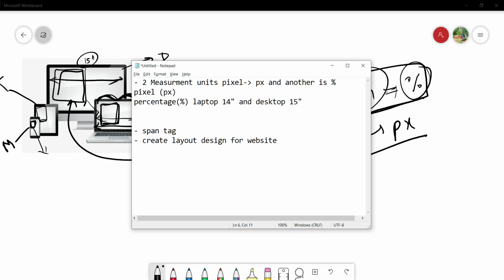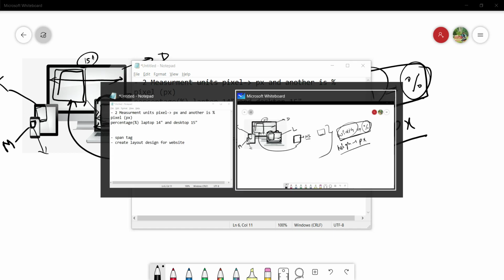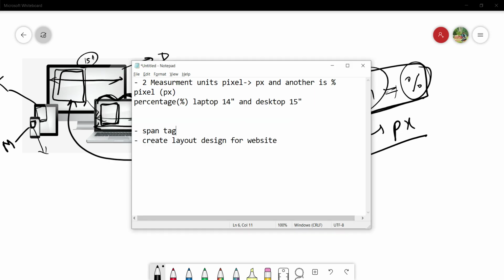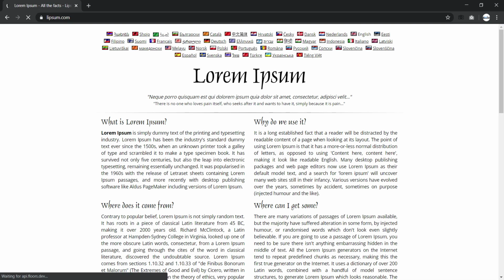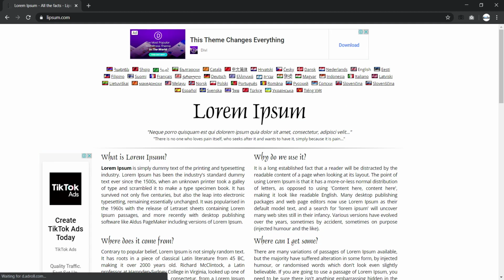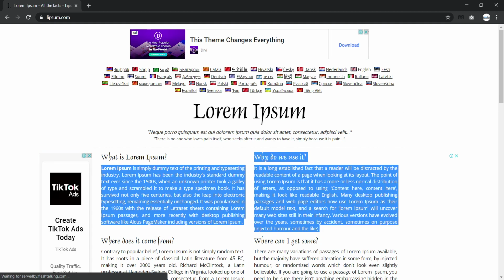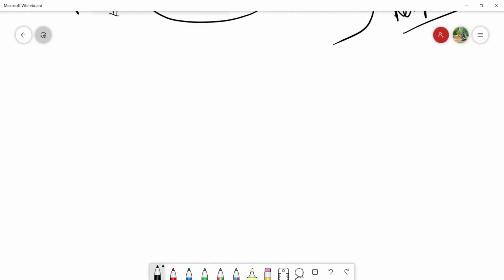Now coming to the span tag, after discussing we will do practical also. Suppose I have a paragraph. Let me take some dummy text here and paste it over here.